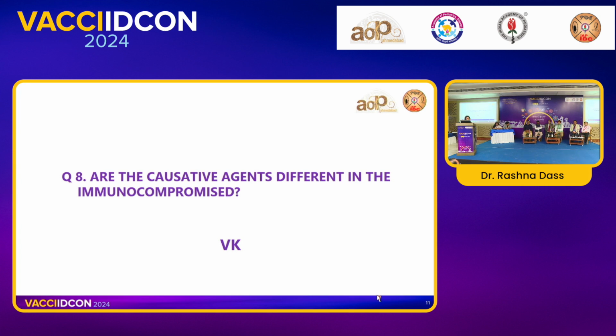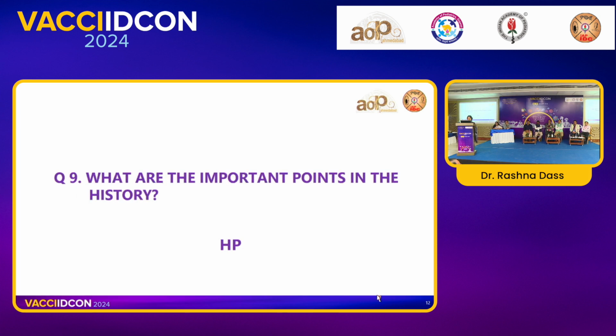Yeah, I think he's hit the nail on the head: when you have an immunocompromised patient and you send the CSF sample to the lab, you must inform the pathologist what you're suspecting, because only then will they do the special stains and give you the organism. Otherwise, everything will come back negative. So very well said, both of you.